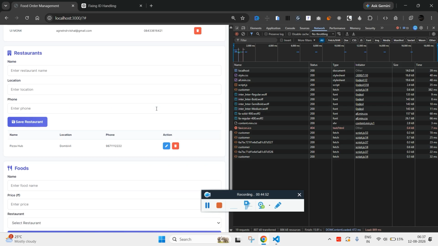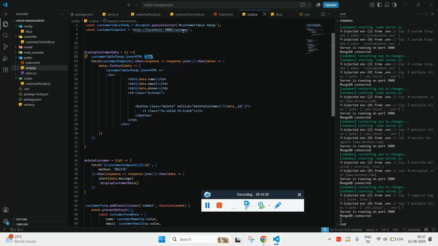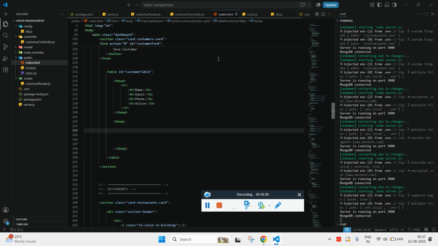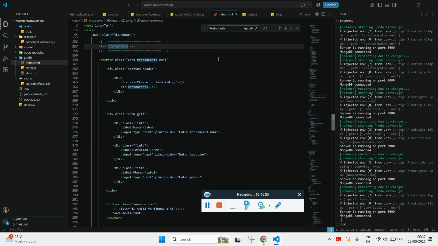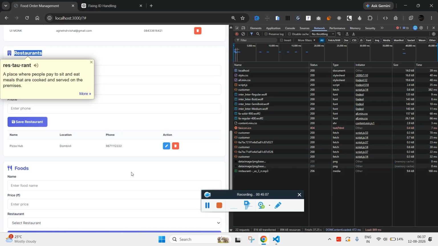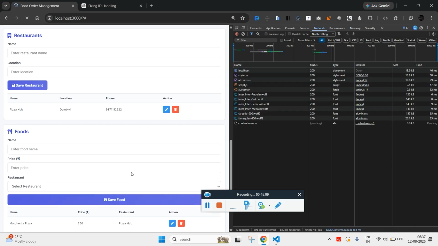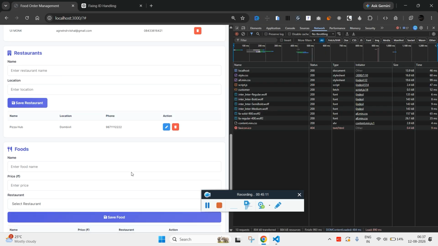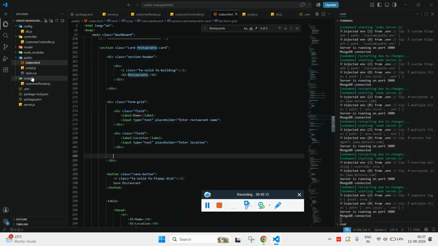Now similarly we have to do the same process for the restaurant. So let me quickly do that. I don't think we would require more explanation on this. I'll just go step by step. First thing, we need a model. So in the model we need restaurant